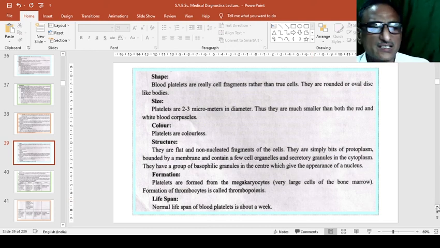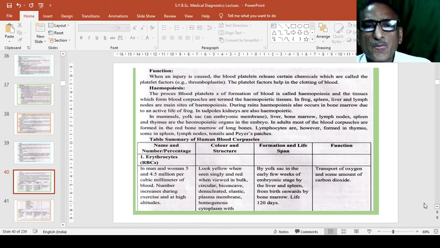They cannot live for more than a week. Their function is to release chemicals called platelet factors or thromboplastin, which help in coagulation or